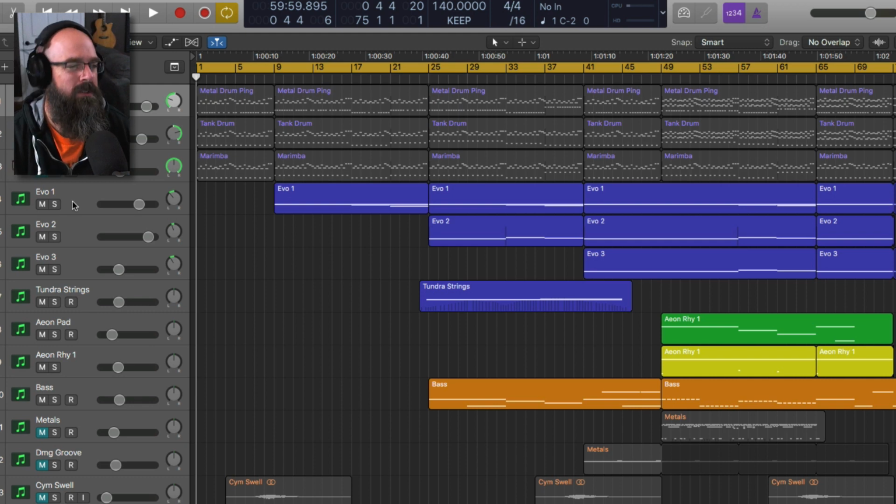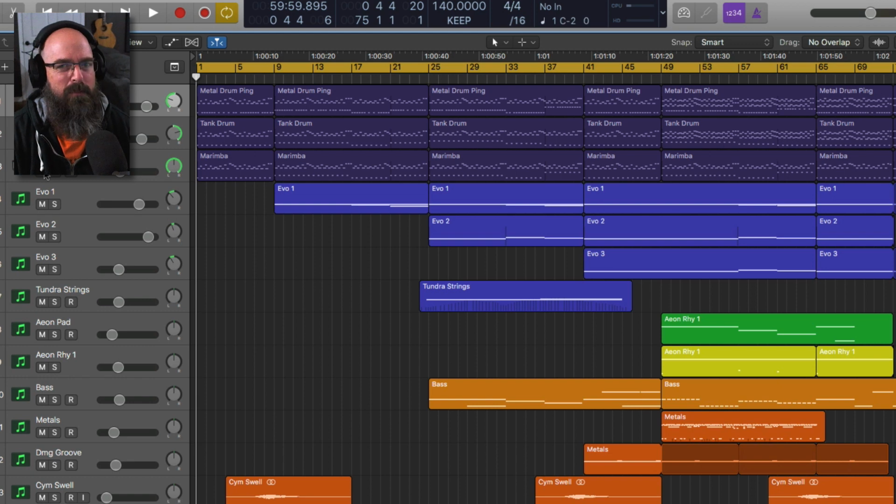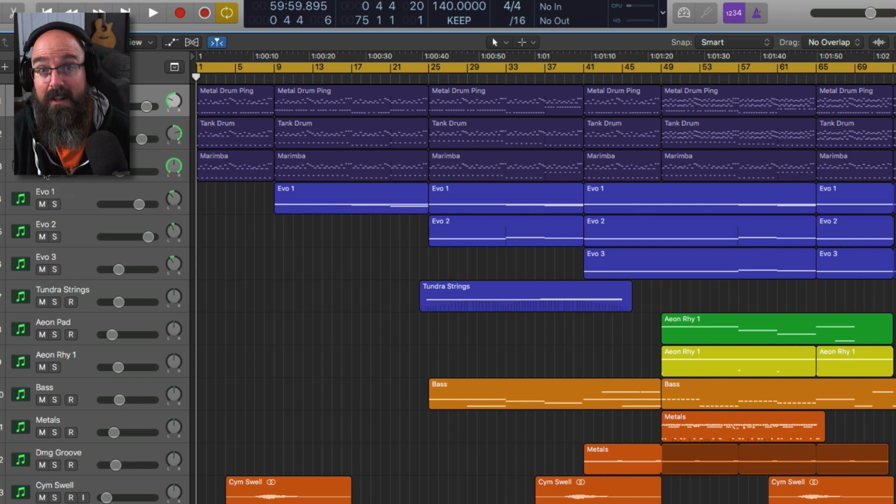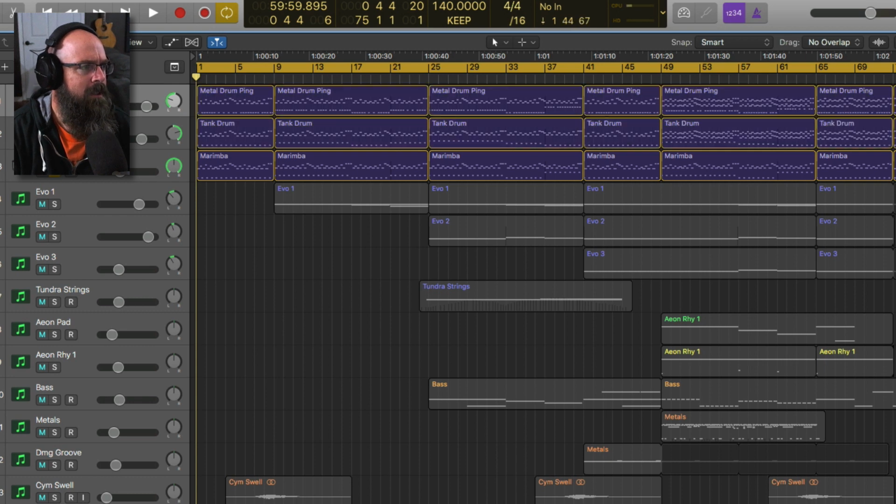From here on out, it's really up to you, or up to the library. Some libraries are very explicit: give me this, this, this, and this. Some libraries will say, yeah, whatever you feel like, just give me some that represent some variations of your mix. So the first thing I know I'm going to do, now instead of muting, I'm going to solo out,